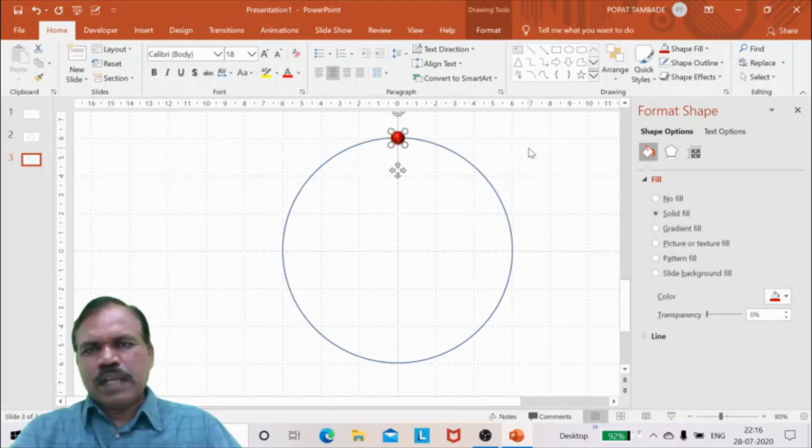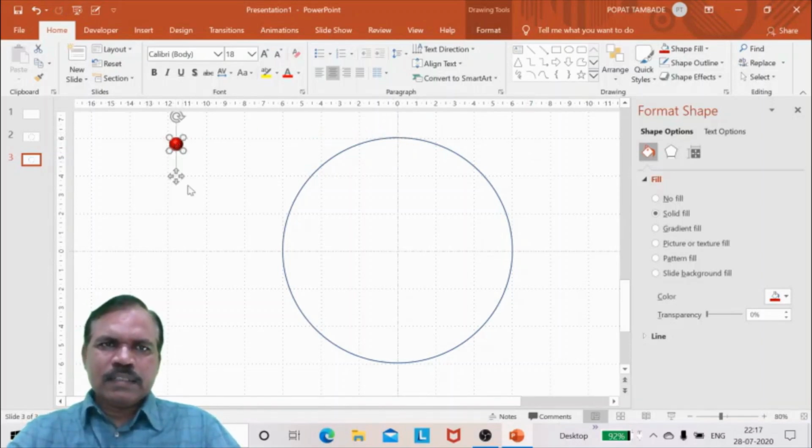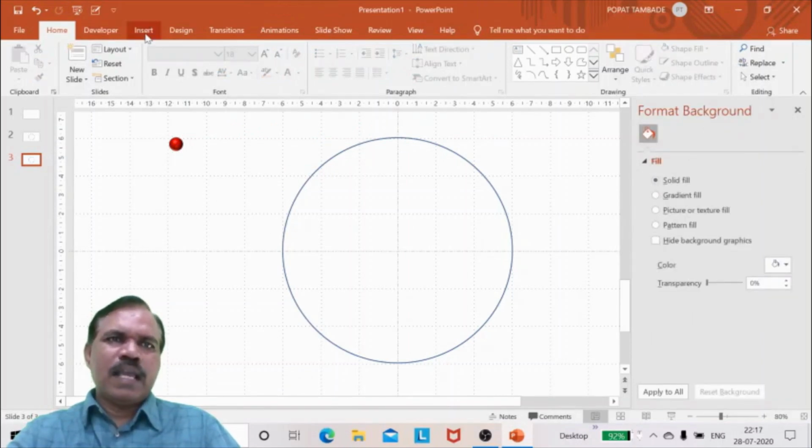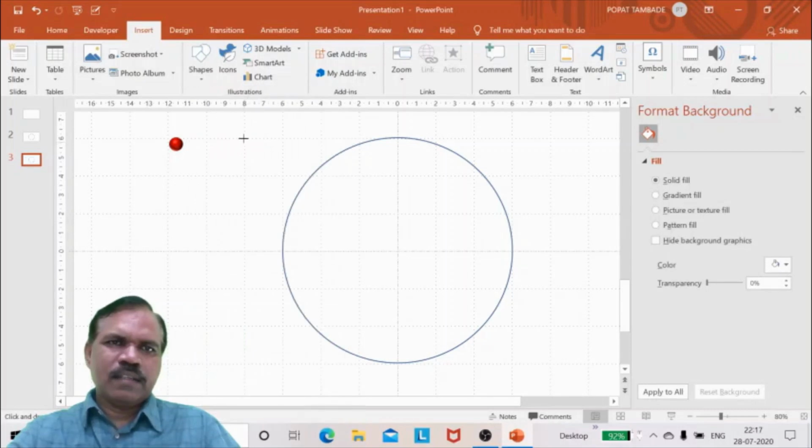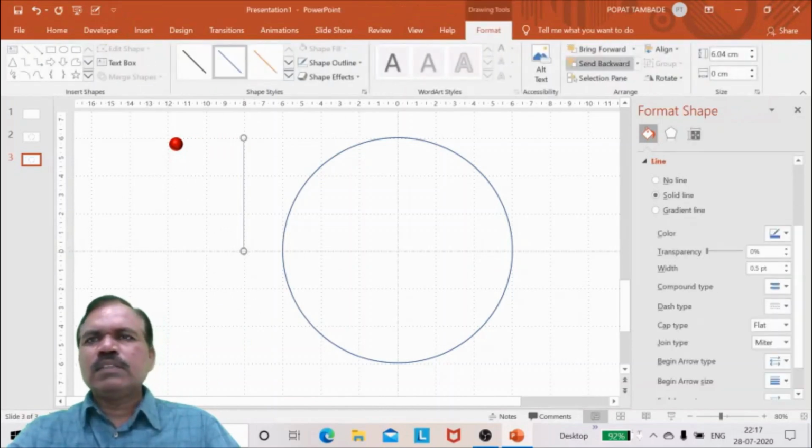I can animate it in a number of ways, but I will show you a simple method. So to animate this, let us first take a line. So I will take a line of radius 6, length 6 centimeter.